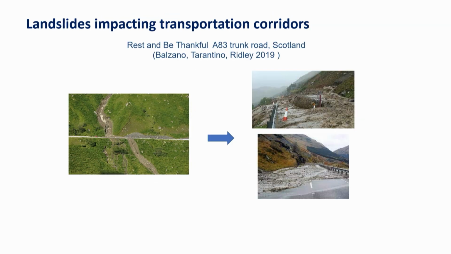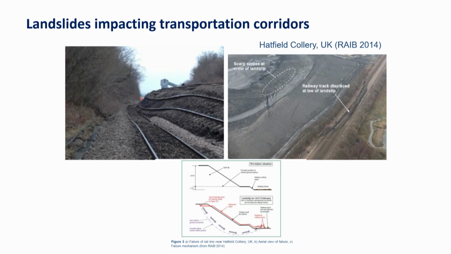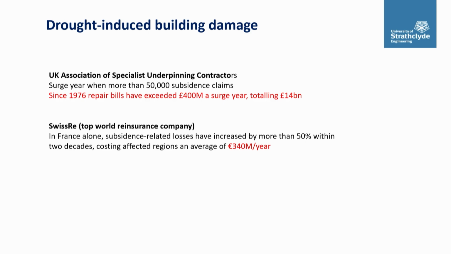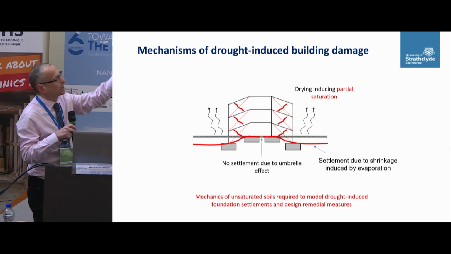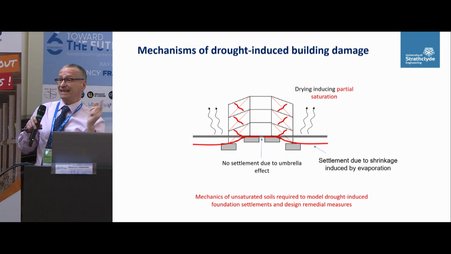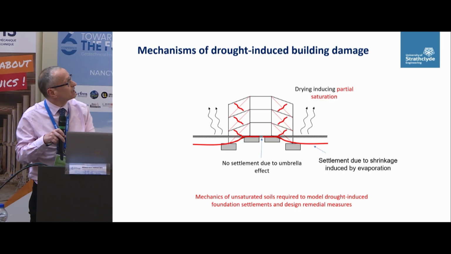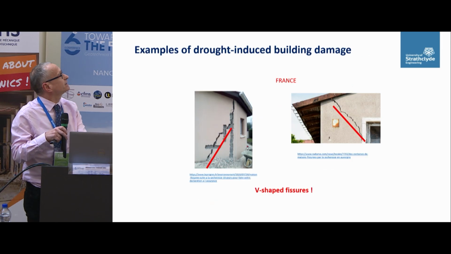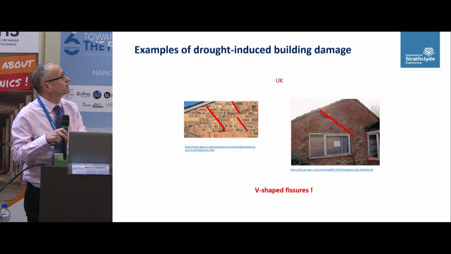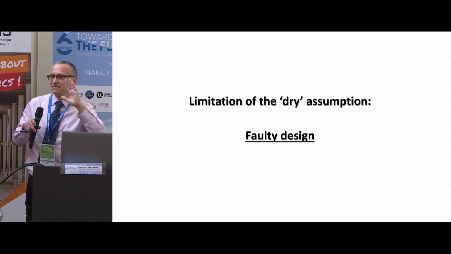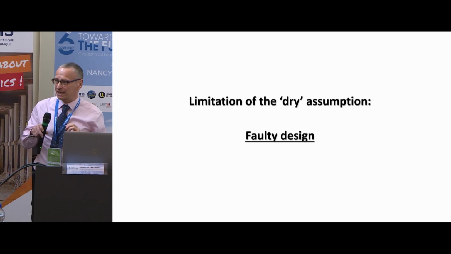Now, these are two examples in the UK, but you have billions of rainfall-induced landslides on Google. Or the other way around, drought-induced building damage is a huge problem in the UK and France, quantified economically, but you have problems everywhere. The story is simple. You have evaporation, the soil is shrinking, you have settlement of the peripheral foundations, you have differential settlements, and the walls are cracking. Italy, France, UK. So at some point, we need to go there if we want to put the climate in.